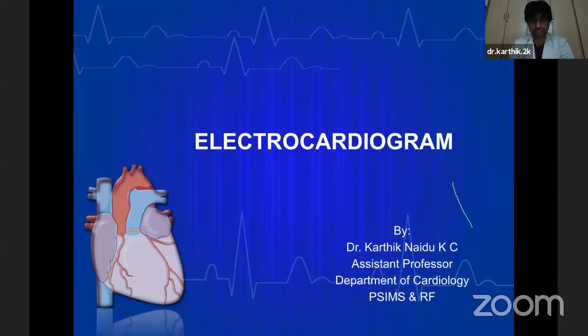Good evening, dear friends. I'm Dr. Karthik, Assistant Professor from the Department of Cardiology, Pinnamaneni Siddhartha Institute of Medical Sciences. As told by Sir, I very much agree that in today's world, where cardiovascular diseases are increasing by the day and a lot of people are coming with complaints of chest pain, it becomes very important that everybody connected to the medical field, including the pharma students who are closely associated with us in our day-to-day clinical activities, should have an idea about the ECG.